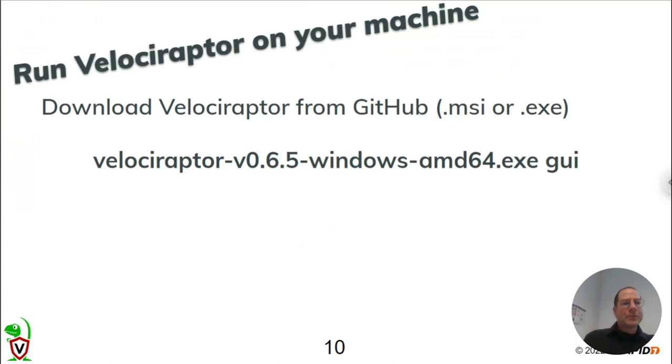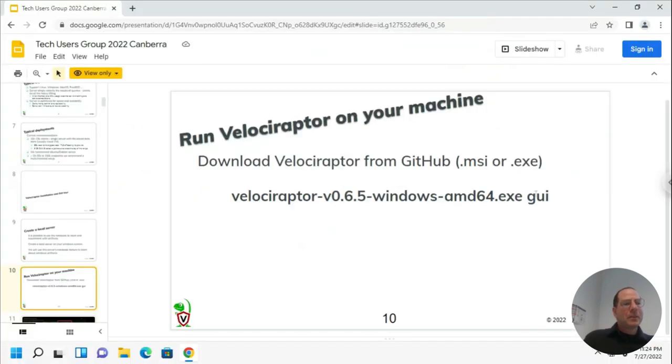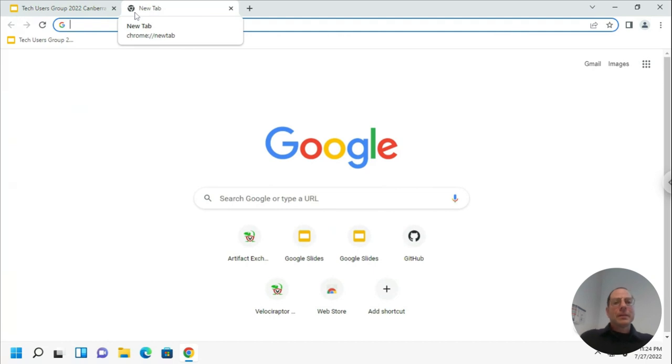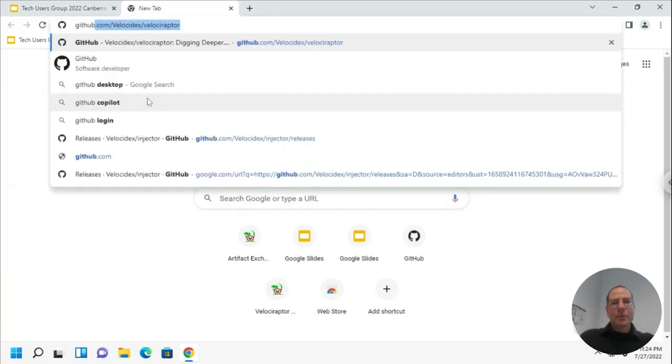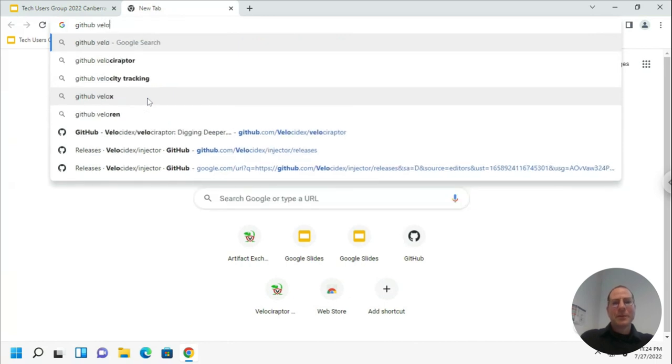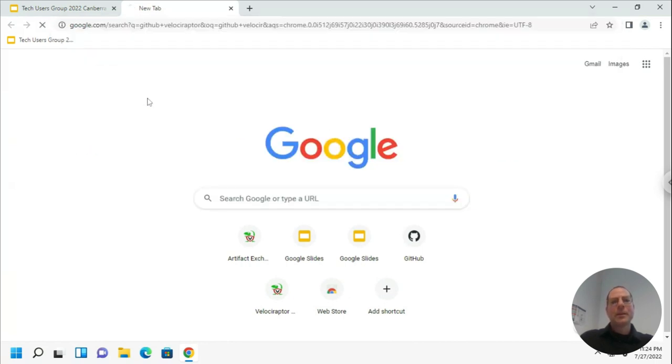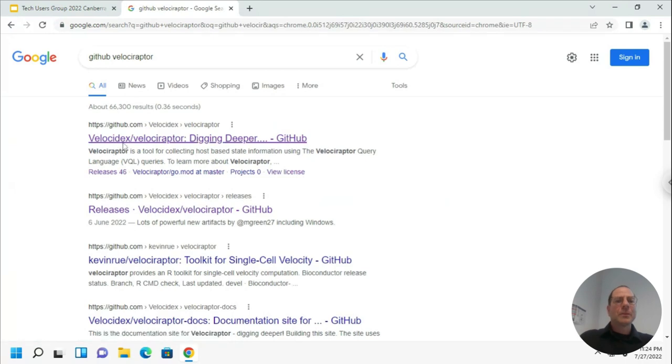All right, so all you have to do is just download Velociraptor and run this command, Velociraptor GUI. So that's what I'm going to do now. By the way, these slides are available on the website as well. So I'm going to look for GitHub Velociraptor, right? And we're just going to go to our GitHub page,